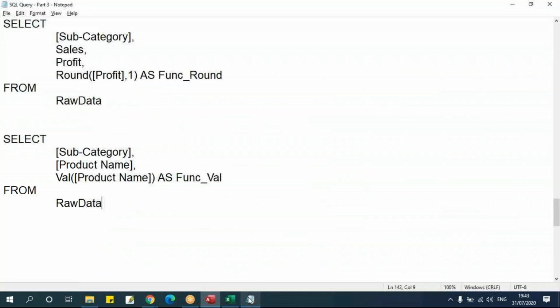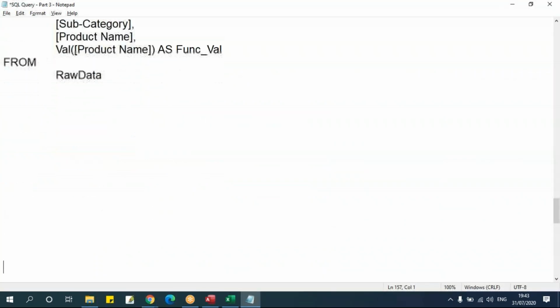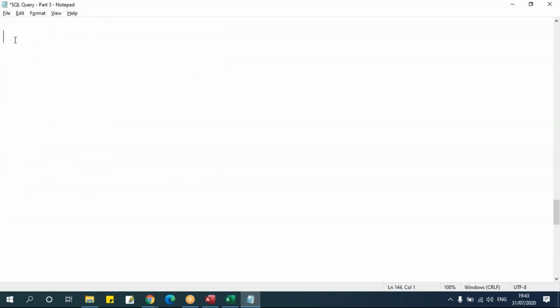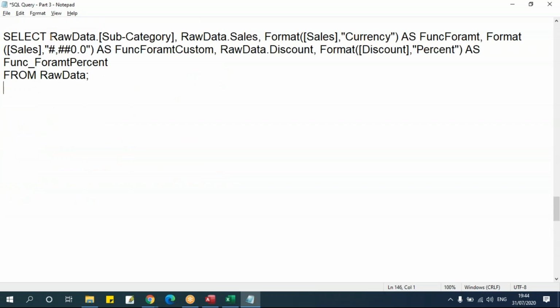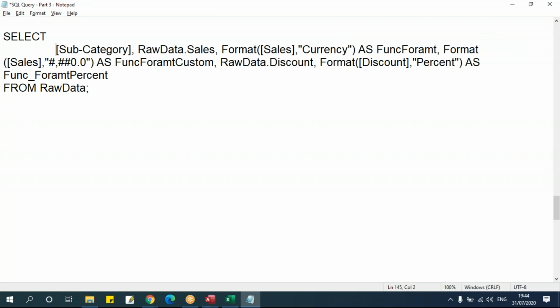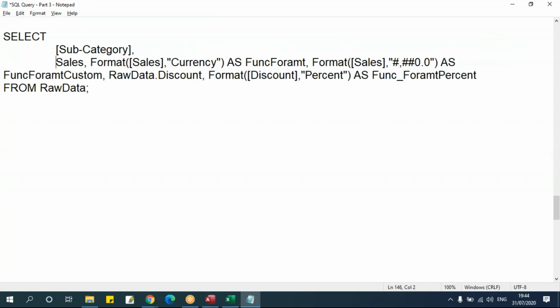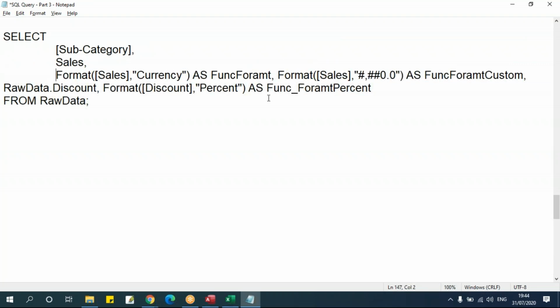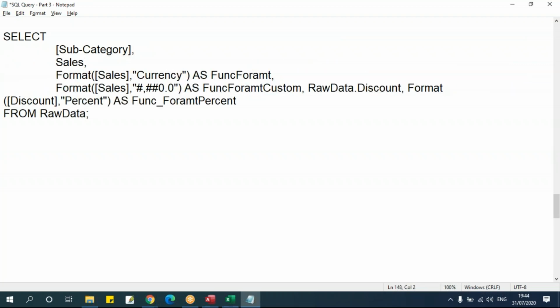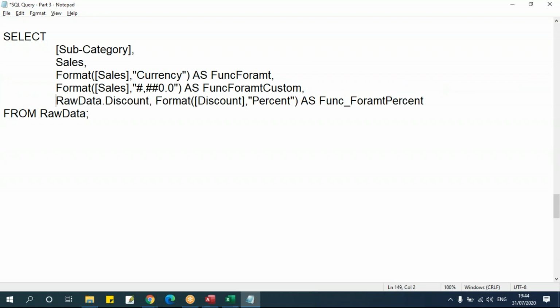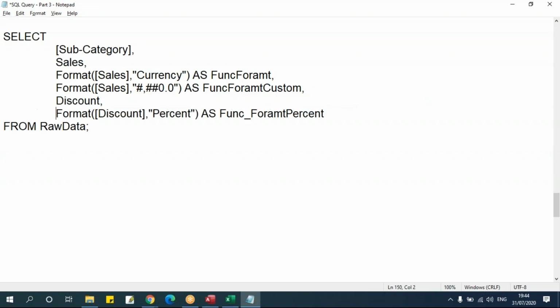Let me copy this, go here, and paste this query, and we'll just try to clean this. See, sales. So I have this format here with the currency format. Then we have this custom format, and then we have this percentage format, which we use in our discount column.